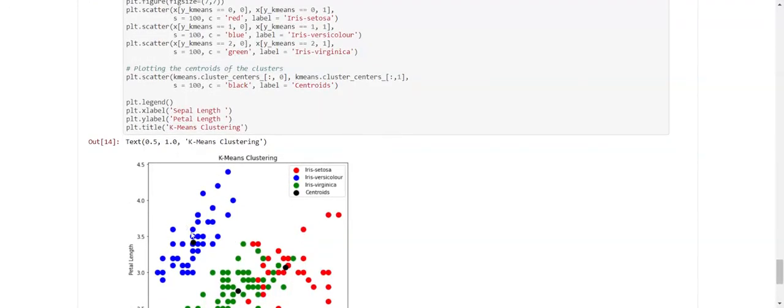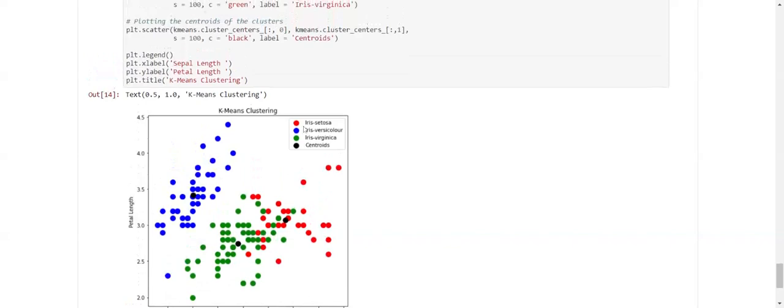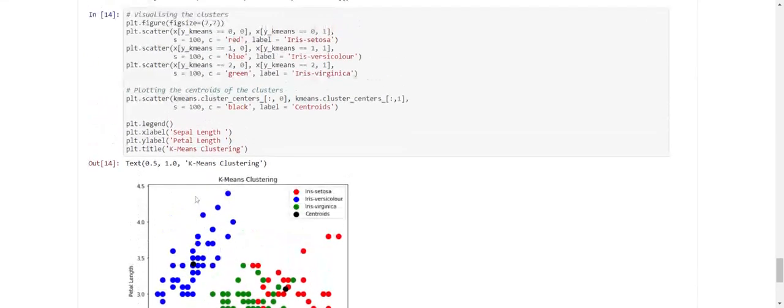Then my clusters are formed, but now I want to get the centroid of each. For that I have given the command on the scatter plot, kmeans.cluster_centers_. This is my array, and in that I have given kmeans.cluster_centers_ with index 1, and then I have set the color to black, and I am giving the label as centroid.